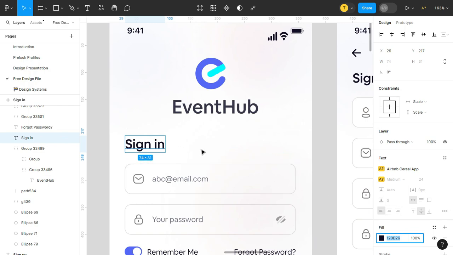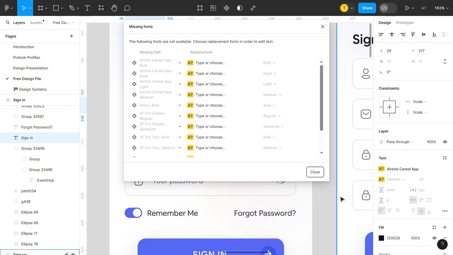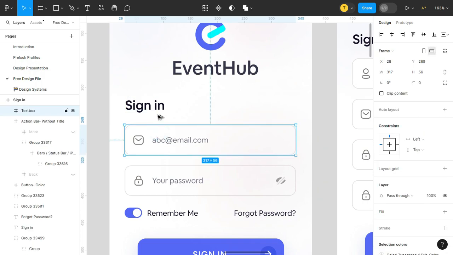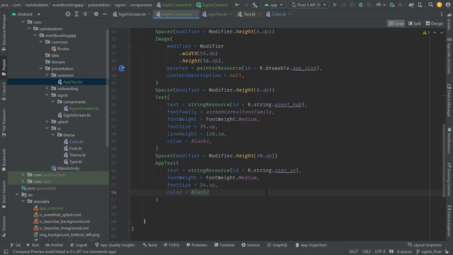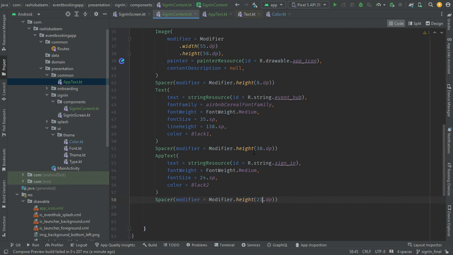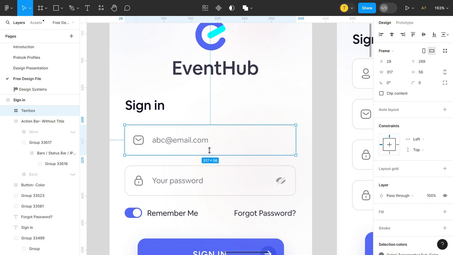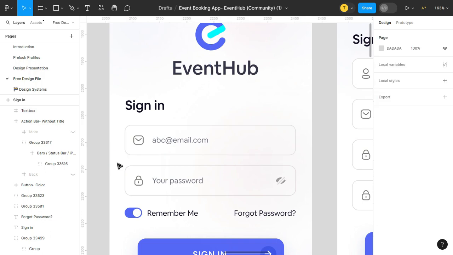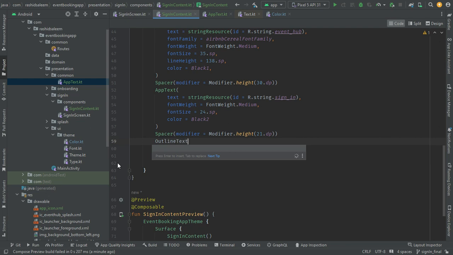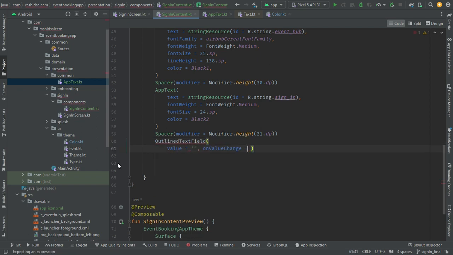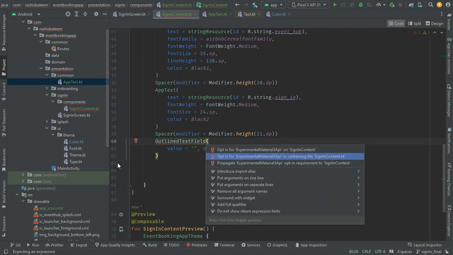Okay, and the next is this text field, so for that it's 21 margin between these, so for that we will use this spacer again, 21 dp, and make this text field which would be outlined text field, value, on value change, opt-in,